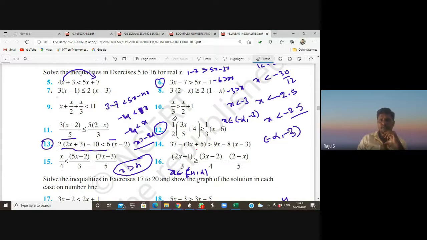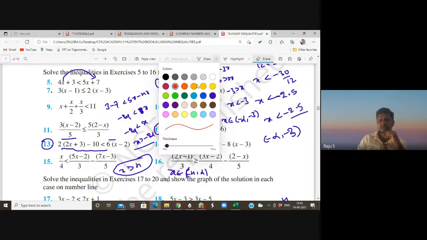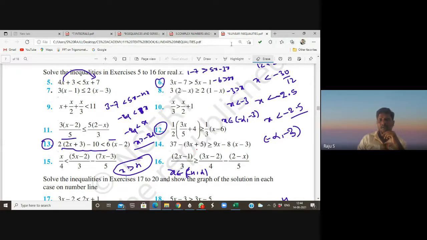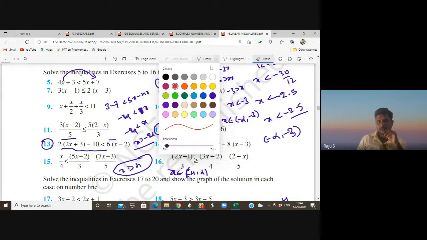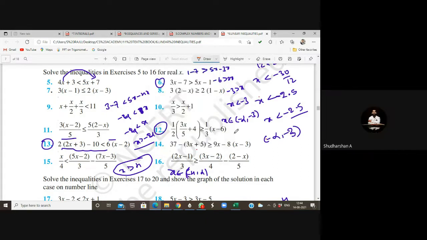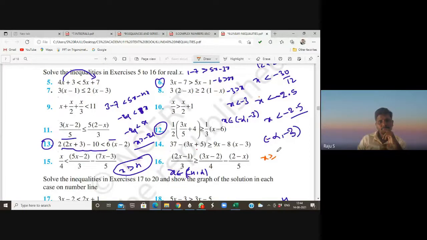Because see, simple questions, it is concept oriented, I can explain. This kind of question you only do. Sir, x greater than or equal to 120, sir. Greater than or equal to 120, nothing but x belongs to